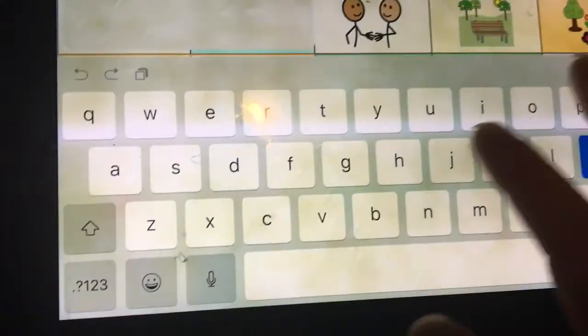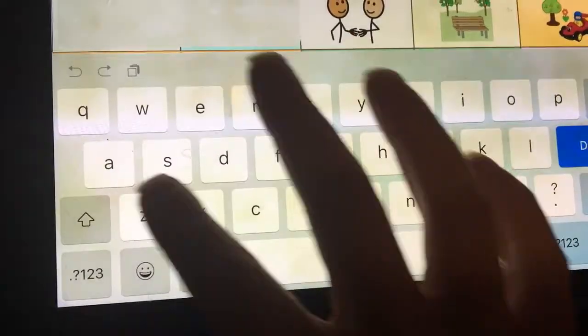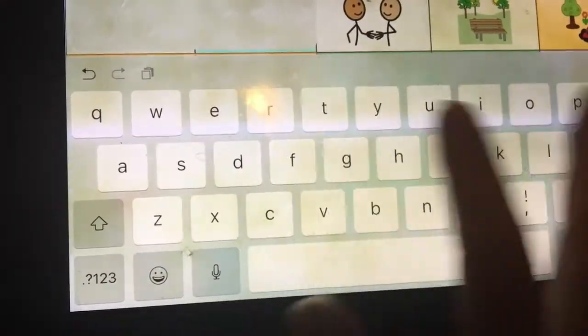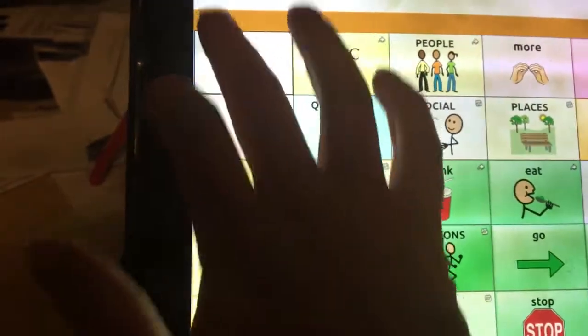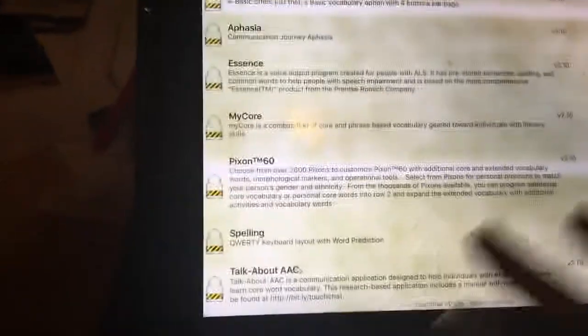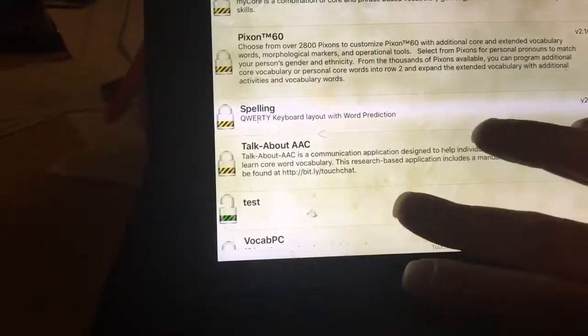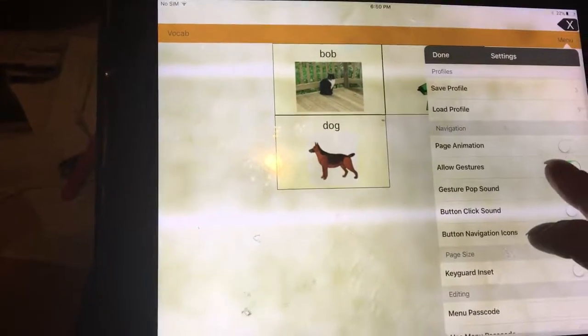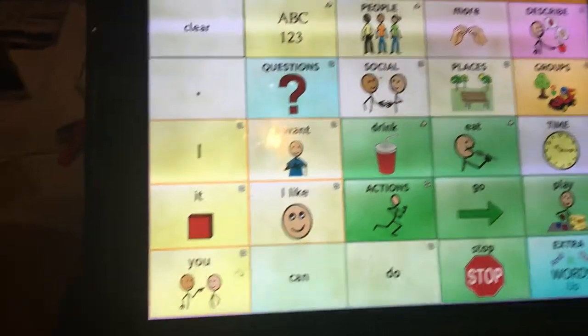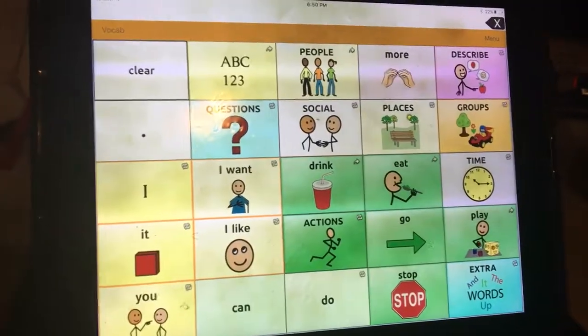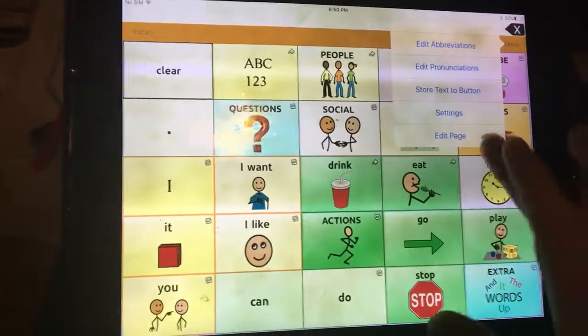If I save the profile as first done, and then we save it, we can then go in to your vocab, create a new vocab, and you'll see, uh-oh, I didn't save it. I can load a profile first, and it will actually give it to me here. Then what we can do is we can go into